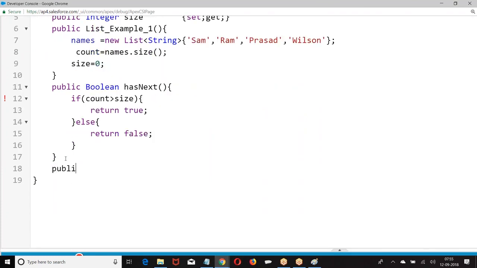If somebody says public next, if we have a next element, return the next element. How do you return? Return names of.